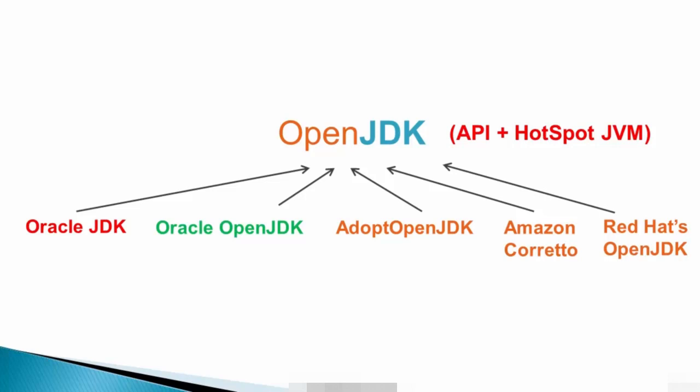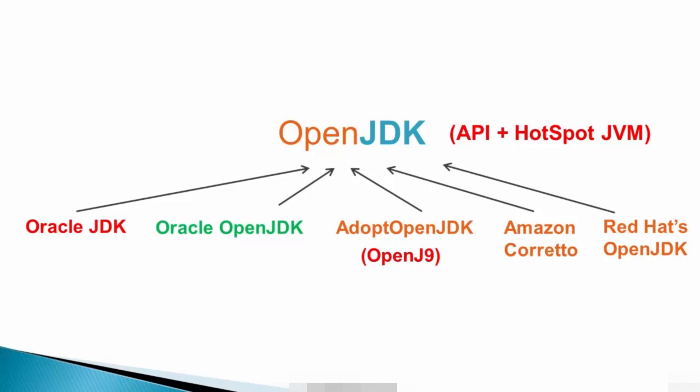However, certain providers might add some non-core functionality and may also provide additional services like offering paid support, like in the case of Oracle's JDK. Now, Adopt OpenJDK also provides the option to use another JVM called OpenJ9, which is from the Eclipse Foundation. OpenJ9 is also open source and was originally developed by IBM.